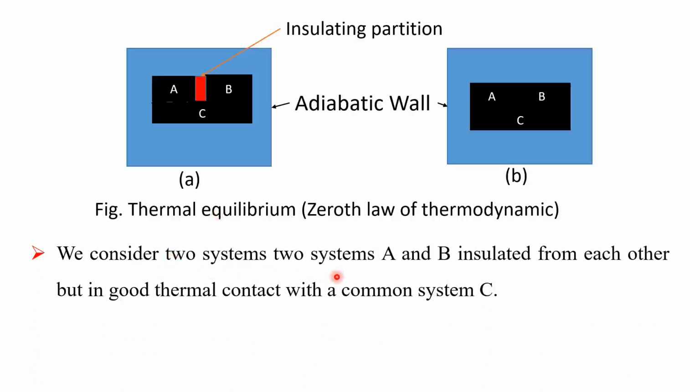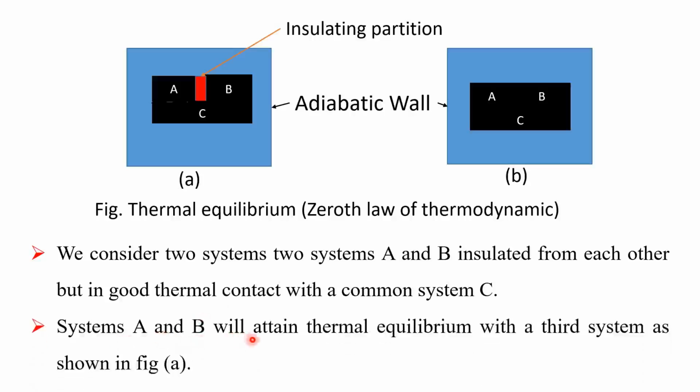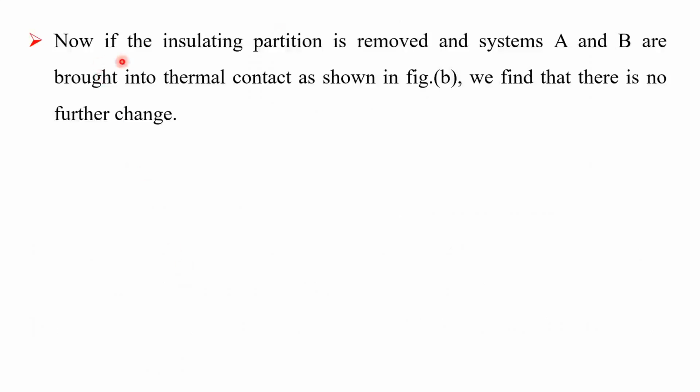Consider systems A and B insulated from each other but in good thermal contact with a common system C. Means systems A and B have an insulating portion between them, but both are in thermal contact with system C. Systems A and B will attain thermal equilibrium with the third system C as shown in figure A. Now, if the insulating portion is removed and systems A and B are brought into thermal contact as shown in figure B,